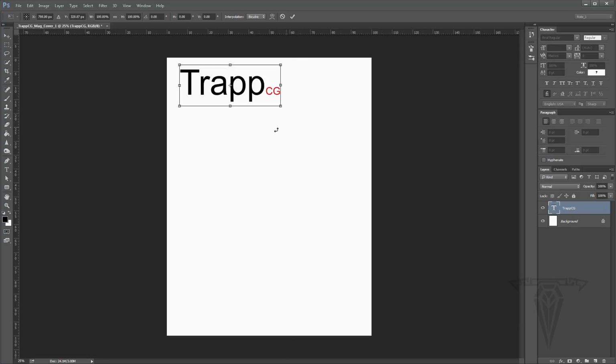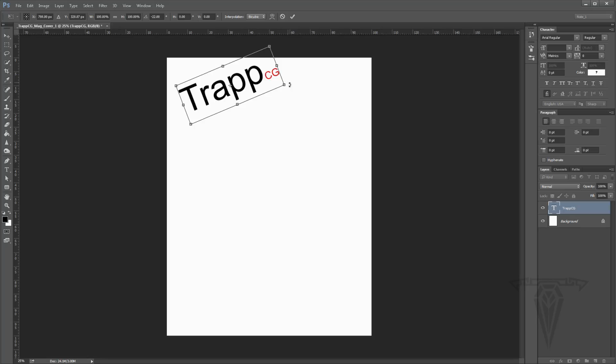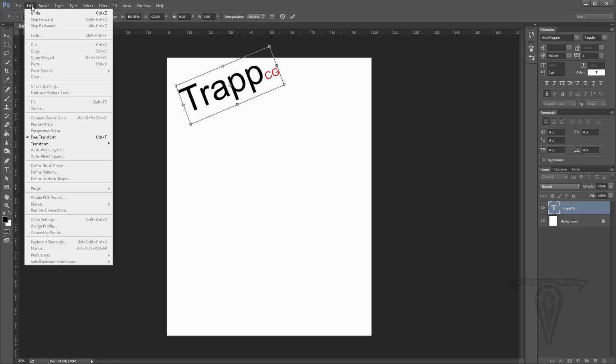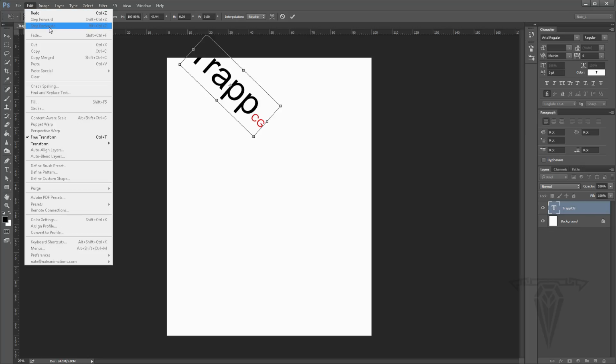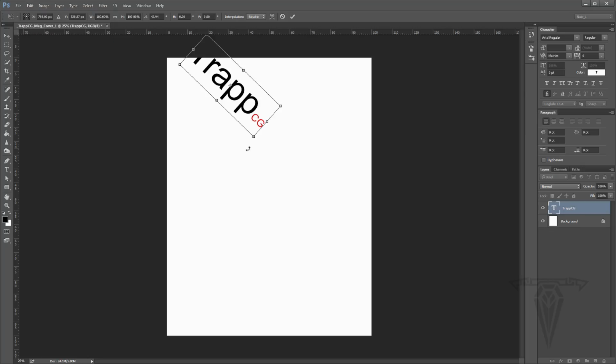As you can see here, I get this little icon where my mouse is at, and if I click, I can rotate my text. Click, rotate it back. So that's kind of cool. If I hit Control Z, it's going to undo, but if I hit Control Z again, it's going to redo. Come over here, you notice, undo, redo. Now, if I do Alt Control Z, it's going to keep undoing. So Control Alt Z,